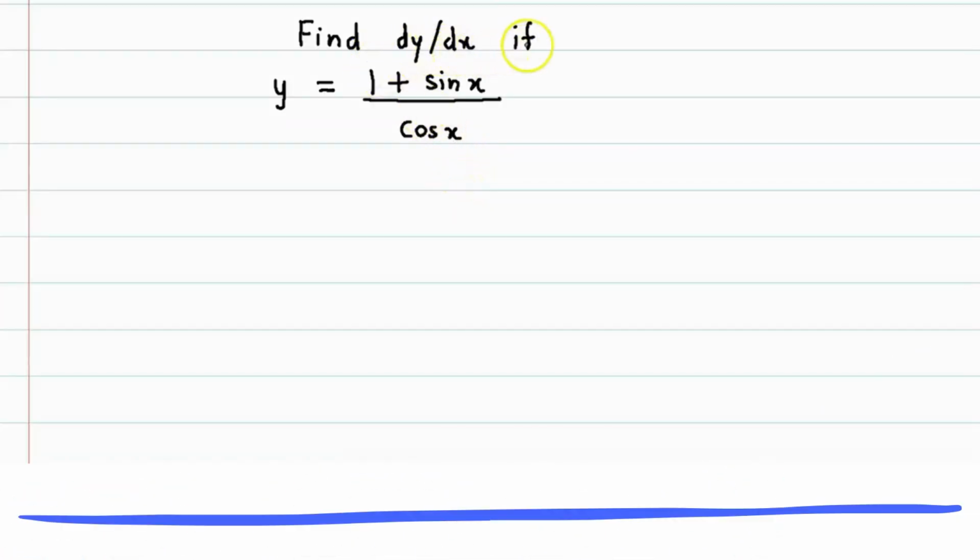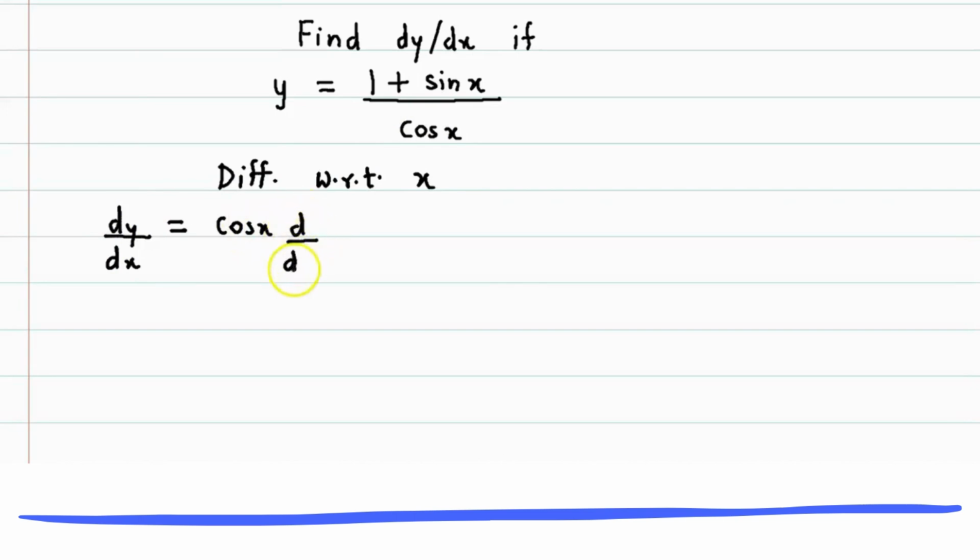Find dy by dx if y is equal to (1 plus sin x) upon cos x. Now we differentiate with respect to x and apply the quotient rule, or the division rule, and obtain dy by dx. So differentiating with respect to x, we have dy by dx is equal to, we start with the denominator, so we have